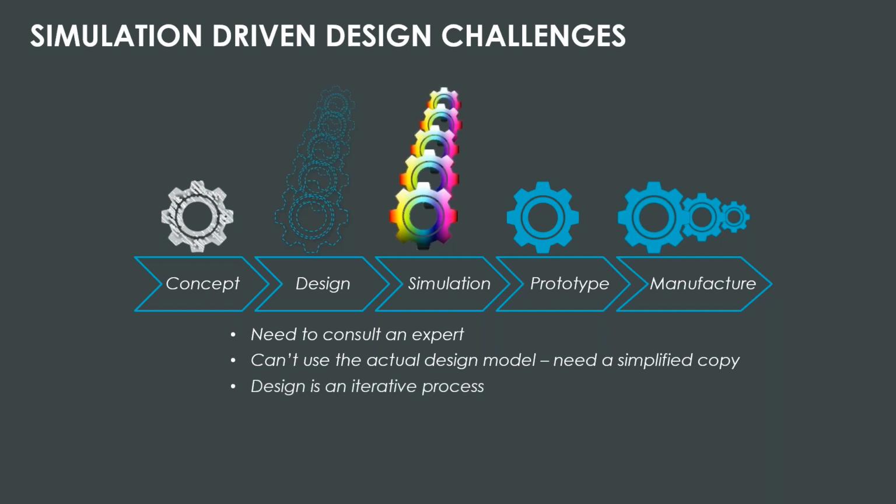And additionally, we all know that the design process, as always, is an iterative one, right? So the design engineer would absolutely want to use simulation as the design evolves through all those iterations, but this would require running simulation that could take hours on multiple uniquely simplified copies over and over again, right? It's just not efficient in my view. It's too disruptive to the design process, and so design engineers generally just don't do it, right? So with that said,